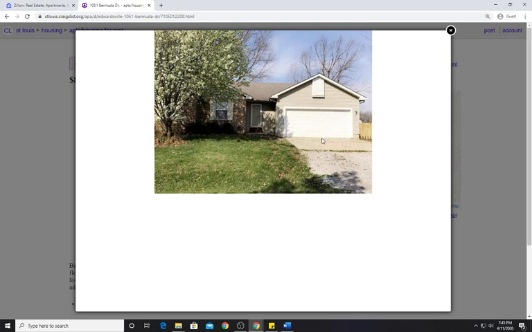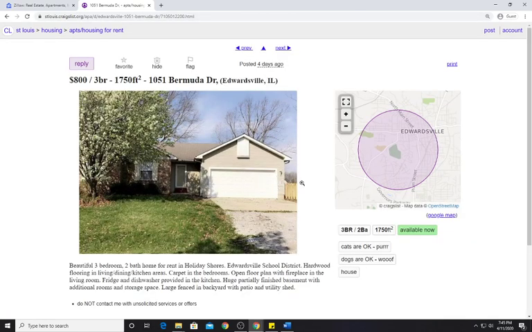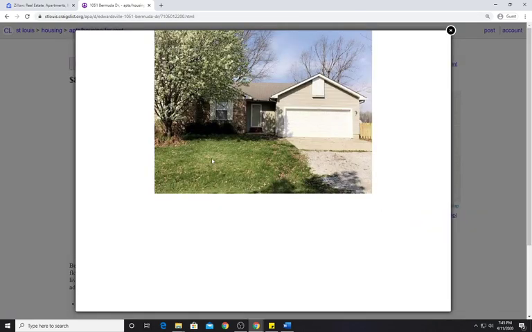Okay. Now, guys, here's something I want you to notice. Watch out for something like this. You see this house right here? I'm glad I came across this and chose this house for you guys. Notice, when you go to click the picture, there's only one picture. There are not multiple pictures where you can see the different rooms. They only show you one view of the front. So I would bypass a listing like this if you cannot see all the rooms in pictures,